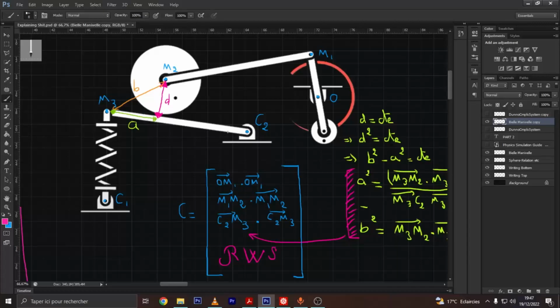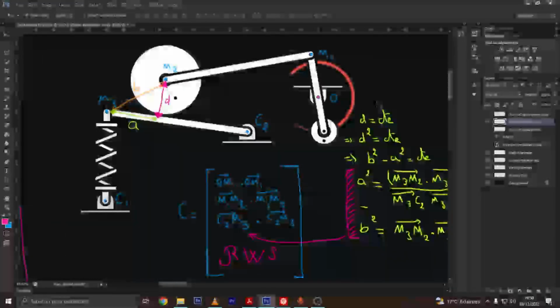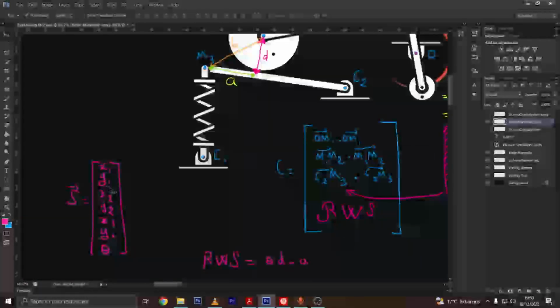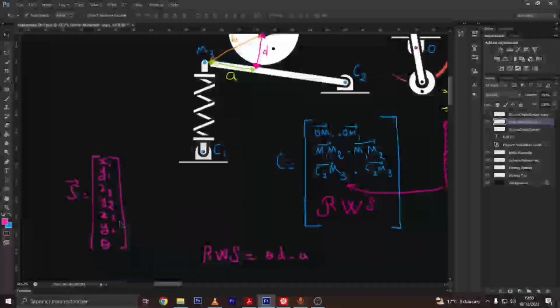Now we need to firstly define the points that are fixed in our system, that is the origin O here, the C2 point and the C1 point, and then we need to locate the points that are moving relative to these points. So we have M1, M2 and M3, and therefore we have three particles. So our state vector will contain each particle x and y direction, and then we'll have a last coordinate theta,